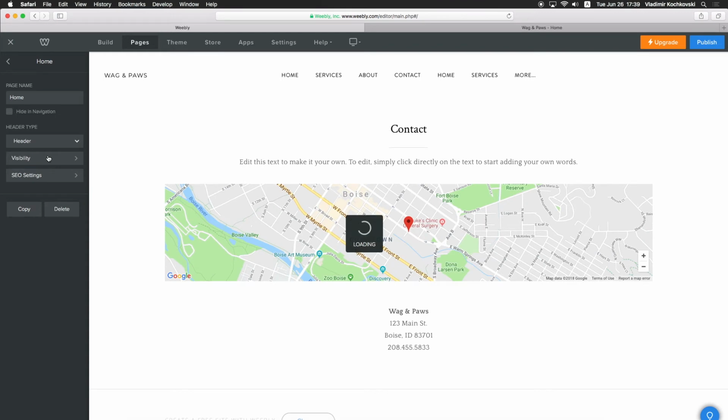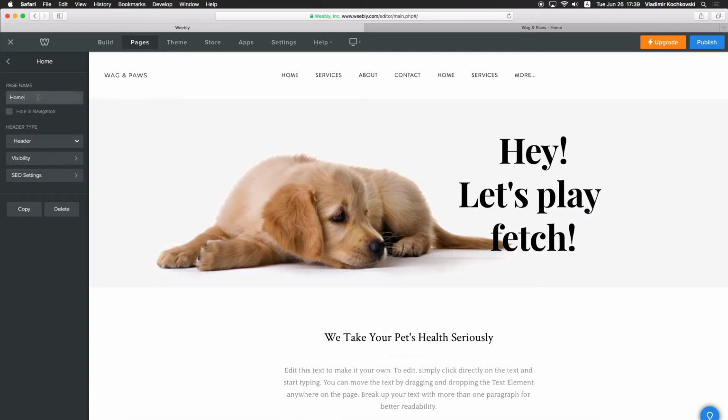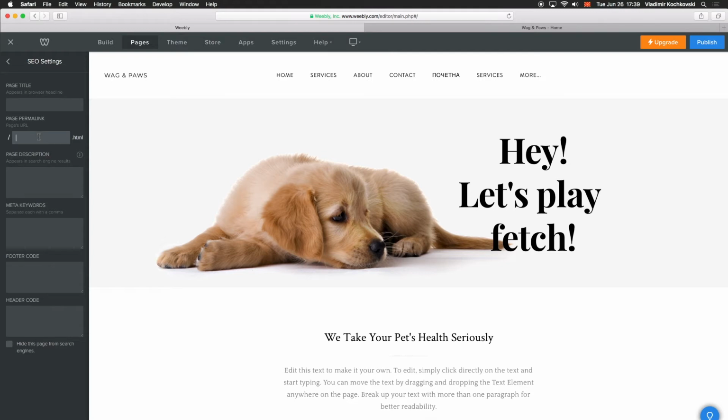Next, you will need to rename the pages as you would like them to show in the second language menu. You can use any name that you like. After that, click on SEO settings and enter the link you would like to use in the page's URL. You can name the link how you like, but remember it so that you can add it to the HTML menu code.